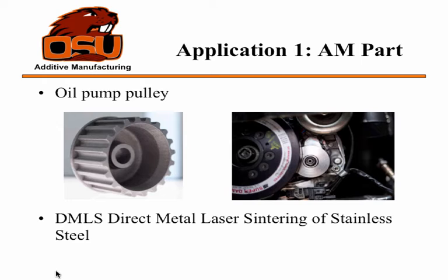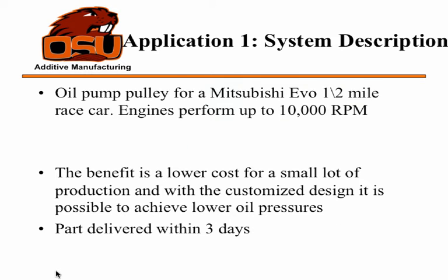These engines in competitions get up to 10,000 RPM, so they needed to resize it, redesign it, and additive manufacturing was a good alternative. In this case, it was made with DMLS using stainless steel. So, as I was telling you, they had to redesign this, and the benefit was the lower cost for such a customized part, and they got the final part within 3 days, which is unprecedented for conventional